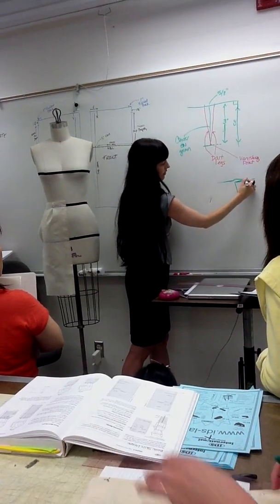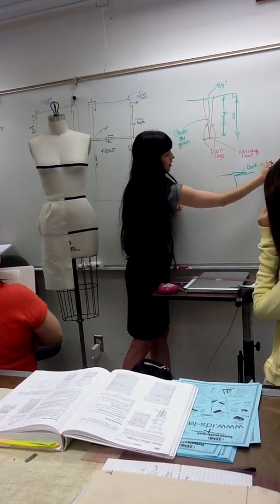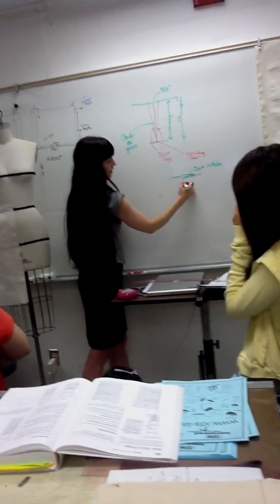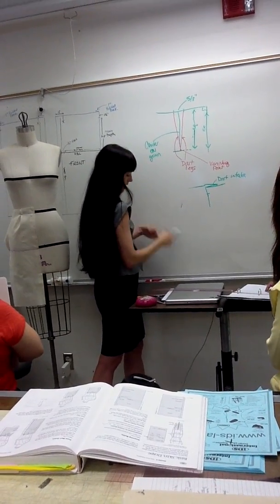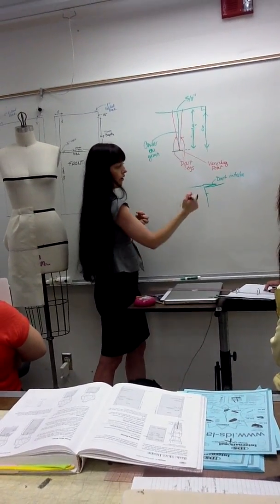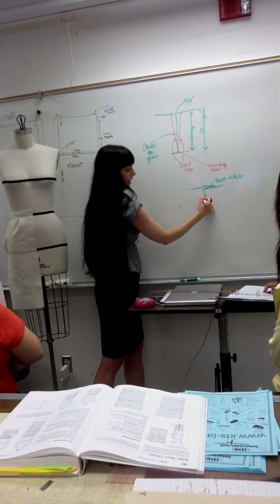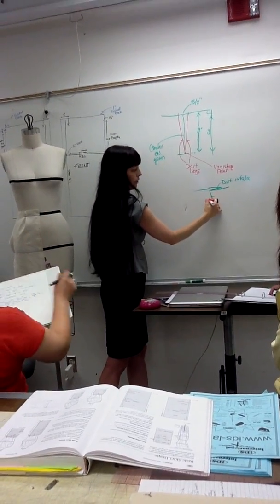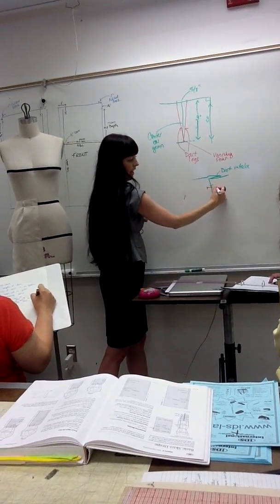Okay, so this is my little dart intake here. And here's my T, right? I am folding through all the layers. There's 1, 2, 3 layers. And I'm pinning through all three at the same time with the head of the pin going into all three and then out